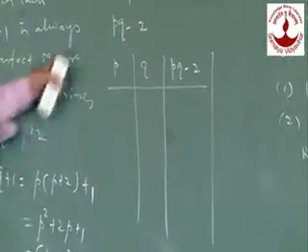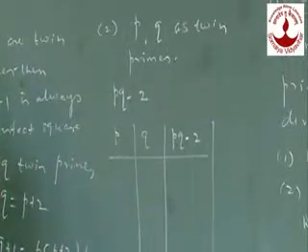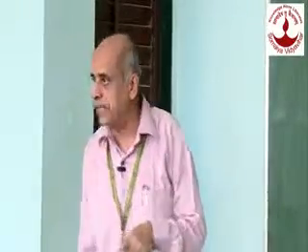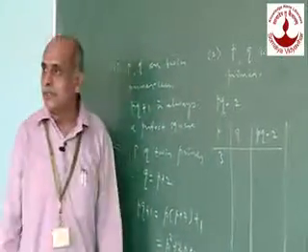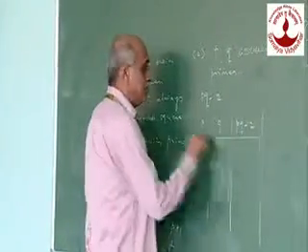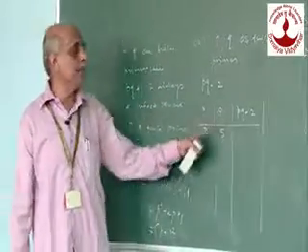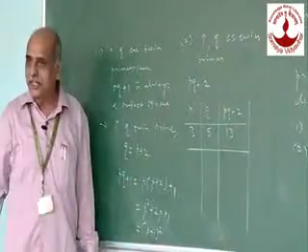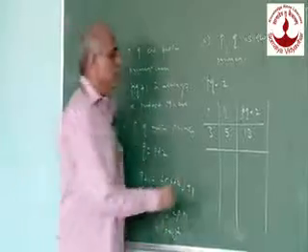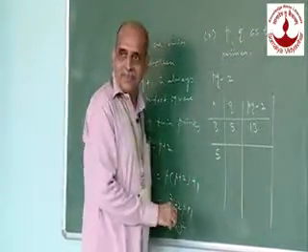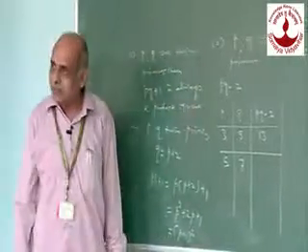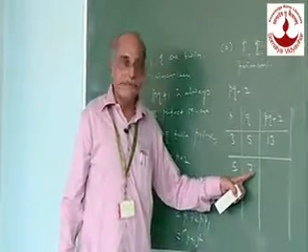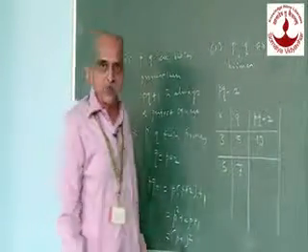To have twin primes, we cannot take the first prime as 2 because the difference should be 2. If you write 2, then 2 plus 2 becomes 4, and 4 is not a prime. So to start with, the first will be 3 and then Q will be 5, and if you take the product 15 minus 2, 13. The next prime is 5, then next, because we are talking about twin primes, 7. So 5 times 7 is 35, 35 minus 2, what is this?